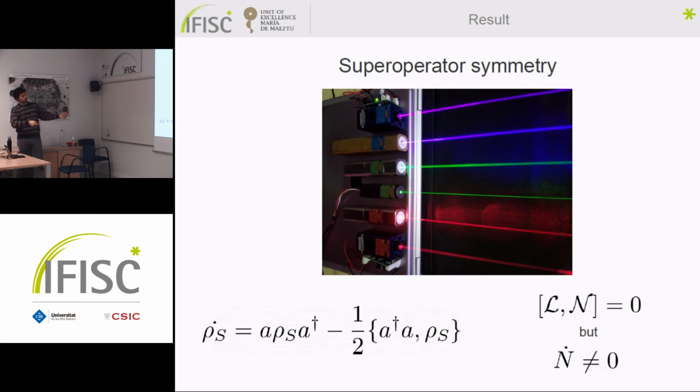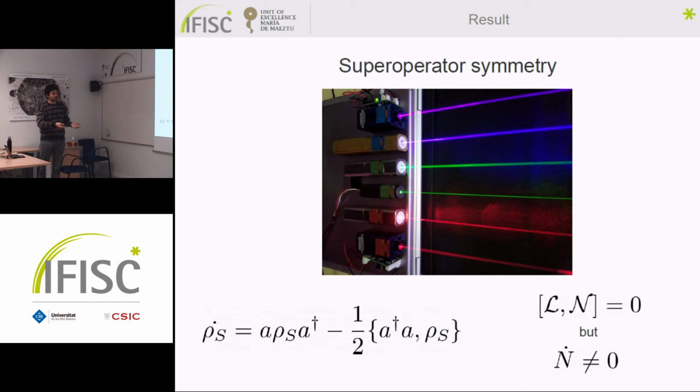In open systems, we know that this is the master equation to describe the dissipation of a laser. But with this master equation, of course, this is a partial circular approximation, so you can trust me that the symmetry is there. There is this symmetry on the superoperator level. But if you have a laser and you start a laser with 10 photons, and you are in the lab, doing your experiments about reservoir computing with laser, and you have 10 photons, and then there is dissipation, and you wait a bit, and it's dissipating all the energy in the field, in the external field, and at the end you look and you get 0 photons. Right? I mean, it's something that can happen in the sense that you are dissipating, you lose the energy.